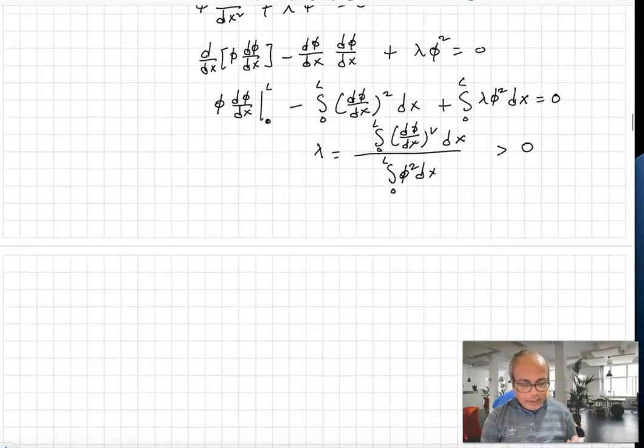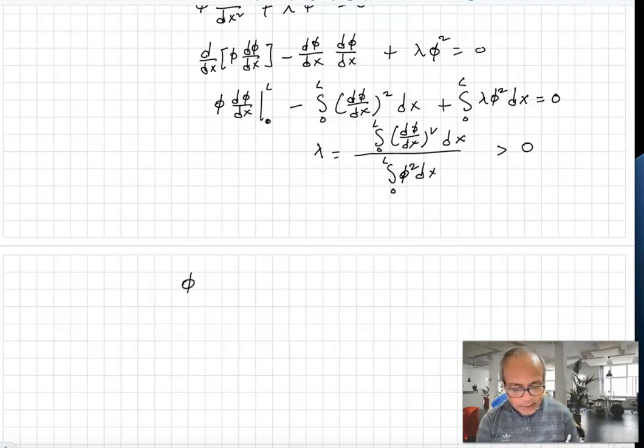Next point, I want to show that the eigenfunctions are orthogonal. So I have eigenfunctions phi 1, phi 2, and so on, 1 to infinity. I have an infinite number of eigenvalues. For each eigenvalue, I have an eigenfunction. Okay, so the eigenfunctions are orthogonal, meaning that you take an eigenfunction phi n, take another eigenfunction phi m, integrate